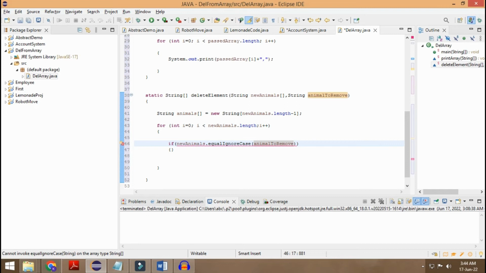All right, so what this particular operation is going to do whenever new animals,